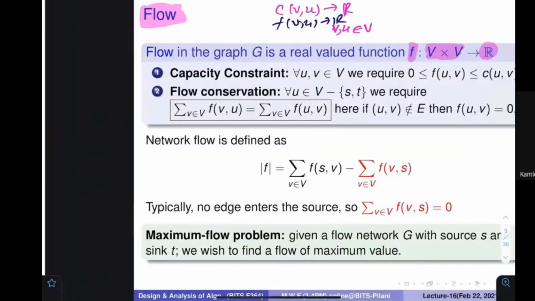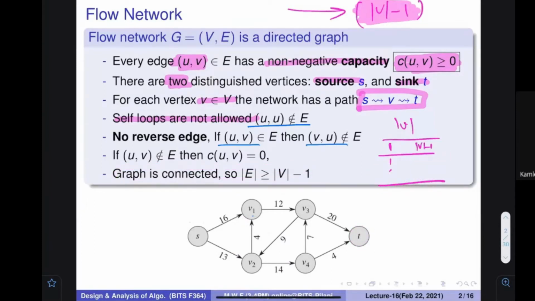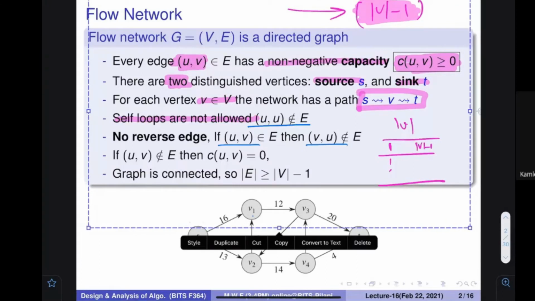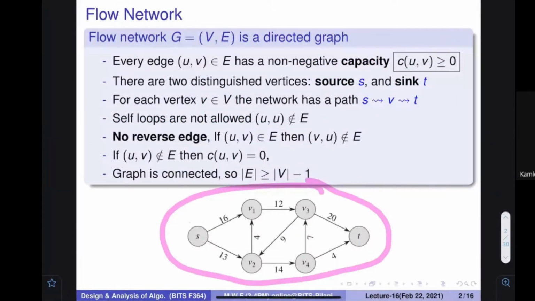If I ask you what the flow here is, can you tell me? The point is that only the problem is given to me. Flow is not shown. Here we have to find the maximum flow, which is a good thing. But what is the flow here? No flow is shown here. Capacity is 12, but how much is flowing? Flow says how much is flowing.